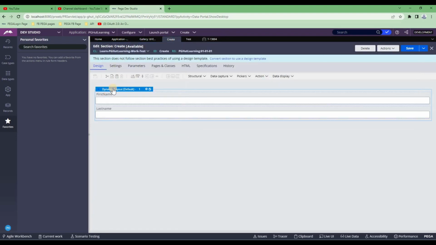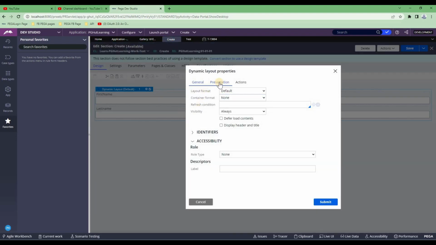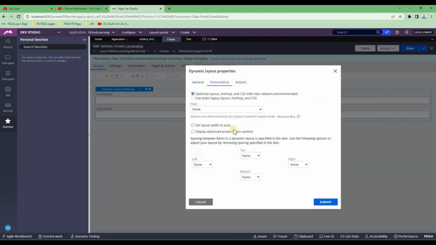Now if you see this dynamic layout, in the presentation tab, I have got a float concept. So here if you see, my float concept is there. Let's say I have a requirement where I wanted to keep them, at the moment it is on the left side, right? Because by default it will start from the left side. If I wanted to float them to the right side, then the moment you choose float right,